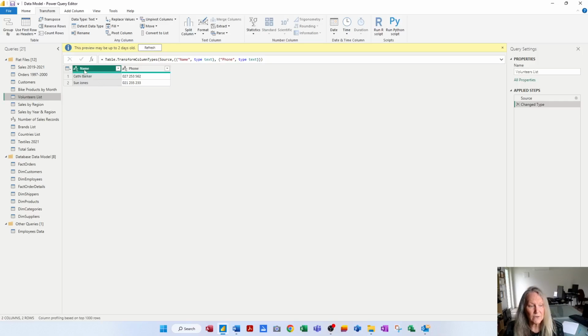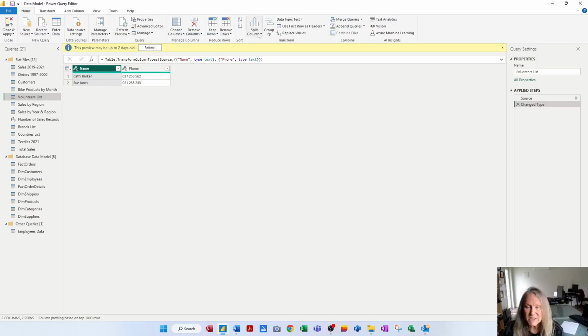So I'm going to go and select the name column, and I'm going to go to the Home tab where I have the option to split the column. Now when it comes to splitting columns, you've got a variety of choices, which makes this a powerful feature. We can split this column into two, or more, based on a delimiter such as a space. A space could split Kathy and Sue into one column and Barker and Jones into another column,